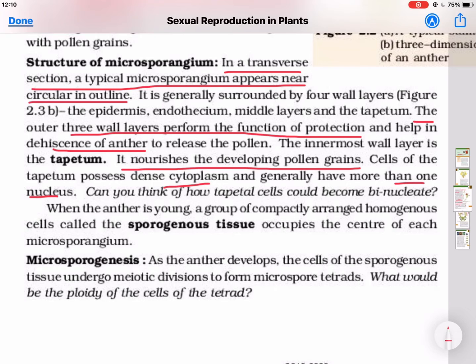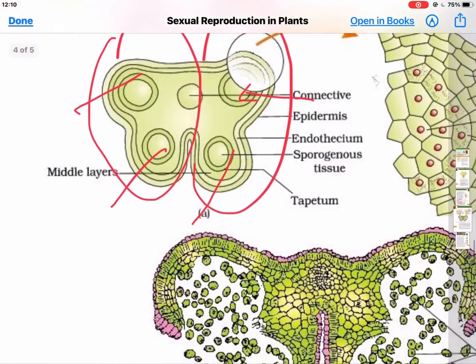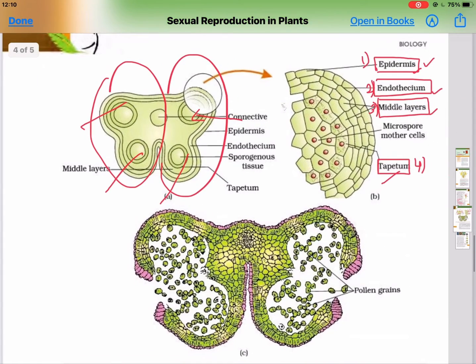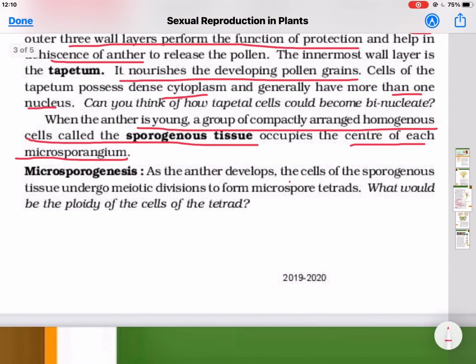When the anther is young, a group of compactly arranged homogeneous cells called the sporogenous tissue occupies the center of each microsporangium. जो middle part है, that is the microsporangium or sporogenous tissue. Now next is microsporogenesis. As the anther develops, the cells of the sporogenous tissue undergo meiotic division to form microspore